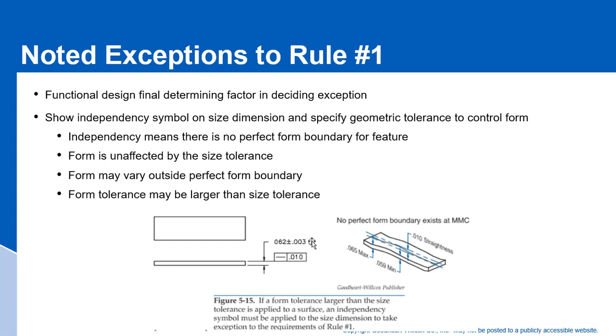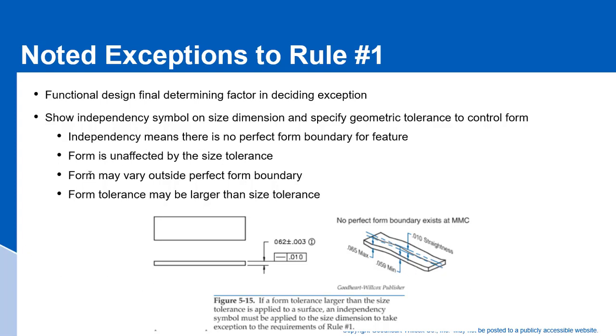Independency means there is no perfect form boundary for the feature. So what can happen here is if you had a gasket or something that's wavy like that, and you had the straightness,